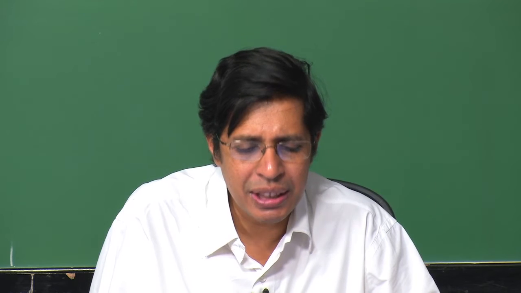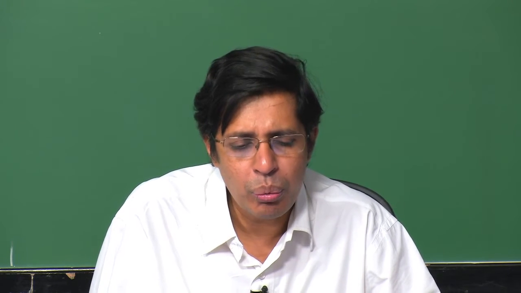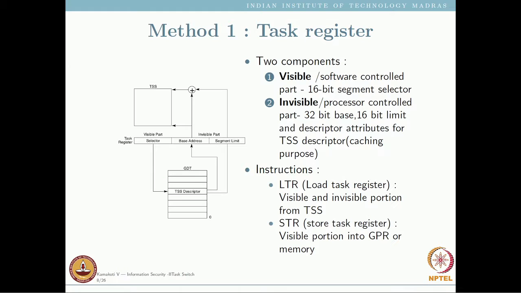For performance reasons. Yesterday we also saw in segmentation that there is always a hidden part, and the data goes and stays in the hidden part. The limit, base and the privilege level go and stay there. So here the base address and limit go to an invisible part, and based on that, this is how a TSS is basically